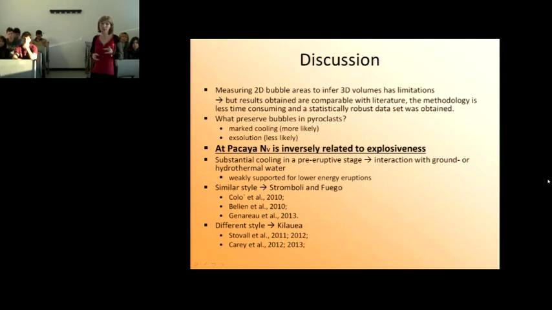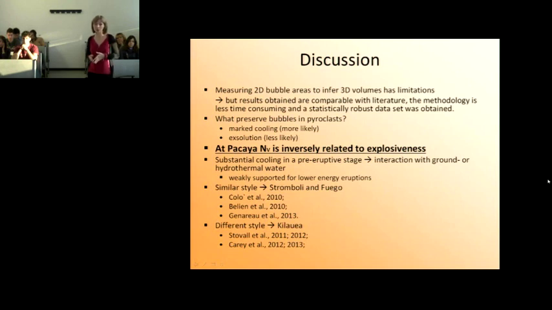So the preservation of bubble size and number density in pyroclasts could reflect conditions frozen at some point during eruption, where the cooling is marked, and a marked cooling increases the viscosity, which will freeze bubbles in place. Also, the loss of volatiles can increase viscosity. So it's likely that even without cooling, exsolution might freeze the bubbles in the melt. However, I think that it's more likely that the temperature effect, which is dominant during magma ascent, could be the